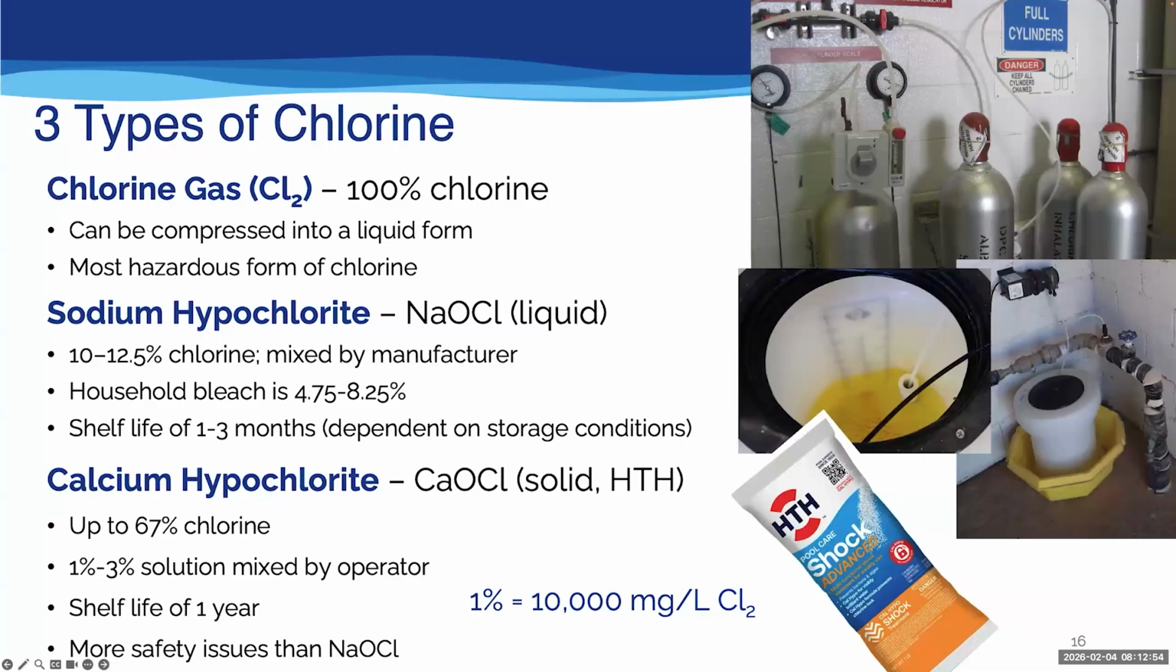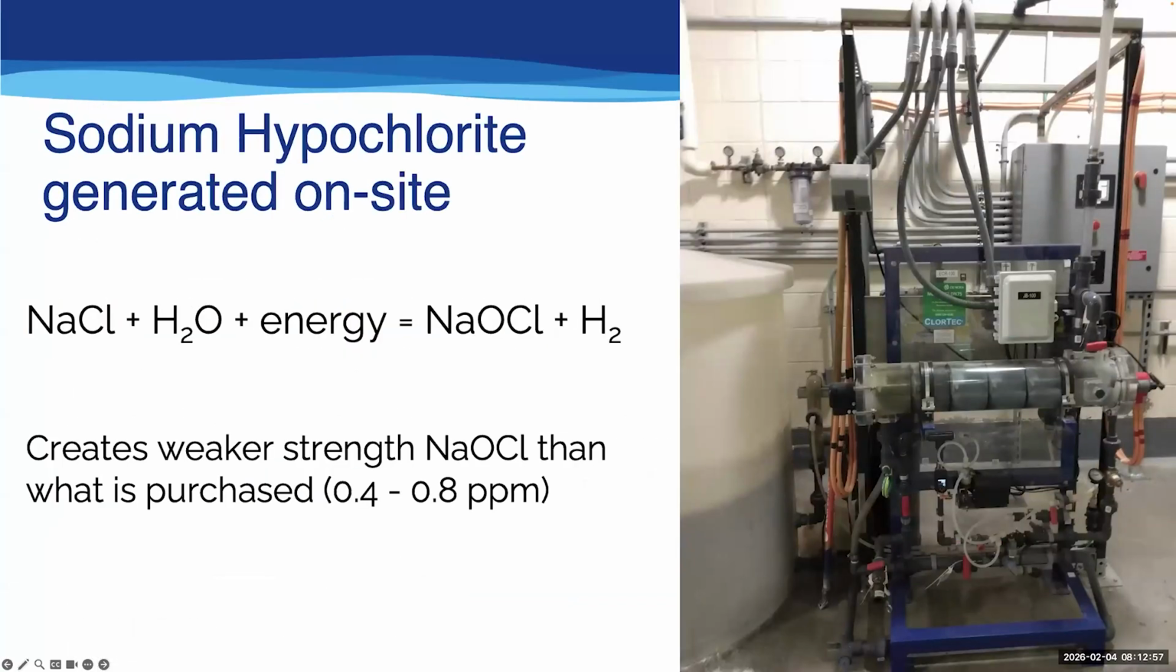Sodium hypochlorite, the bleach, can also be generated on site. Some places do this because basically all it is, is salt and water and energy. So the picture there on the right is an on-site electrolysis chamber where they're basically using table salt, sodium chloride, excuse me, in an electrolysis chamber to generate bleach essentially at a 0.4 to 0.8 parts per million strength. So weaker than the stuff that you normally buy, but under certain conditions, this is a cost-effective and useful way of doing this. So those are the three most typical forms of chlorine that we're going to use